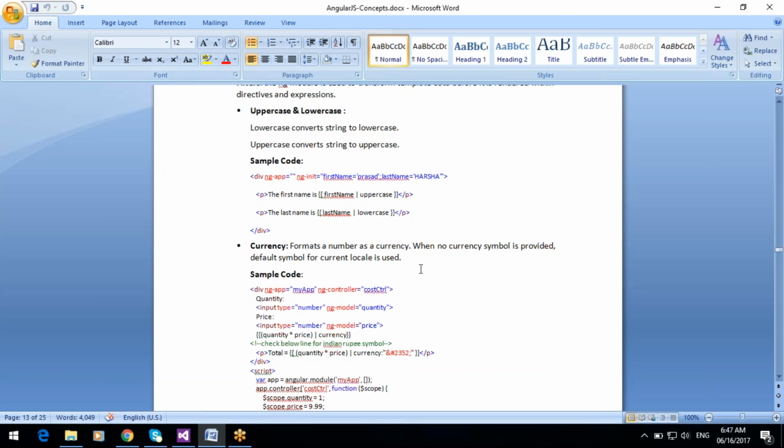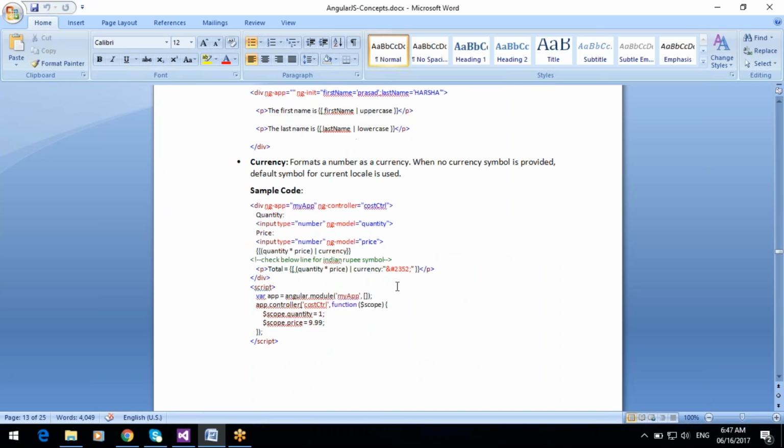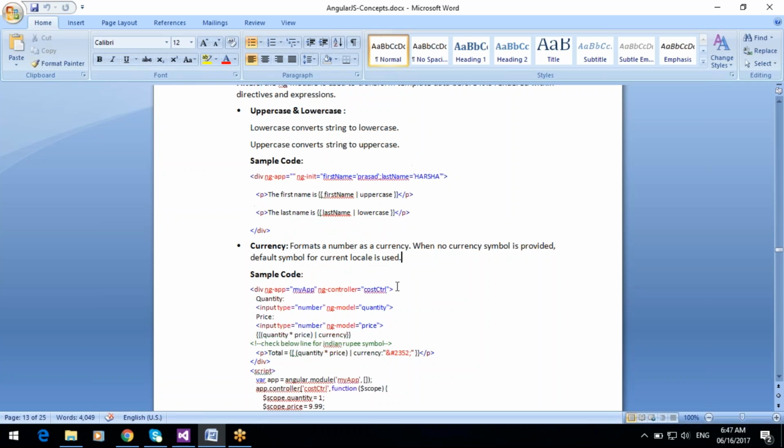If you want only the first letter in caps, I have explained that in CSS. When no currency symbol is provided, the default symbol for the current locale is used, that is the dollar symbol. It is used to apply currency formats.